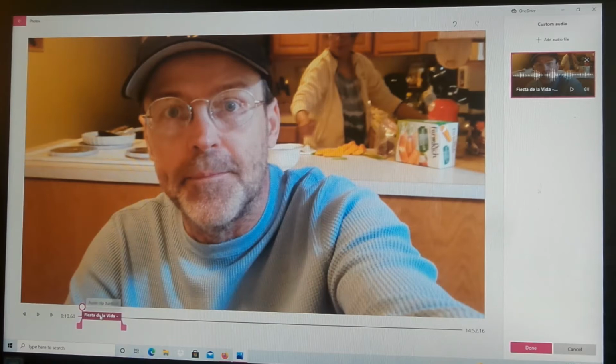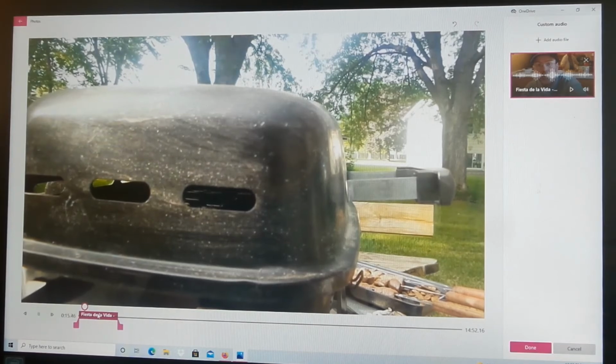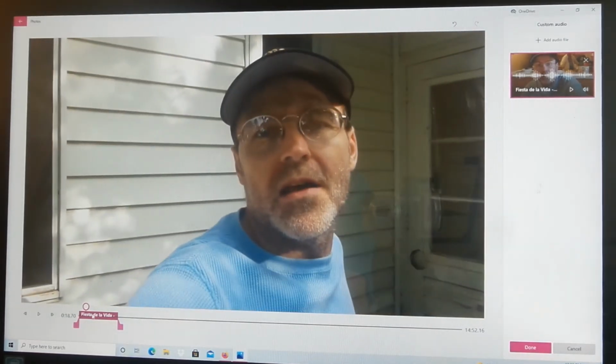In the center here, you can left click and drag this along to see where you want it on the storyline. You hold down, you can drag it back and forth where you want the music to go, and as you can see, it'll start playing. Okay, as you can see here, I added